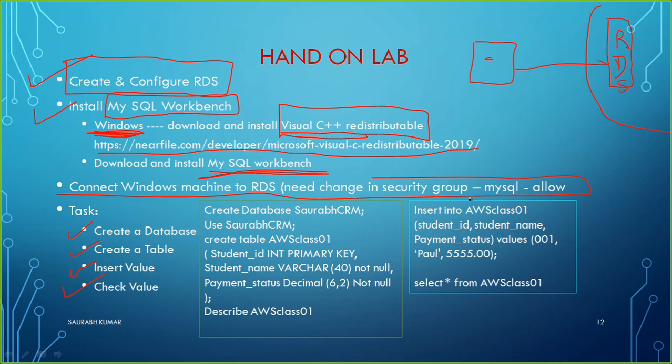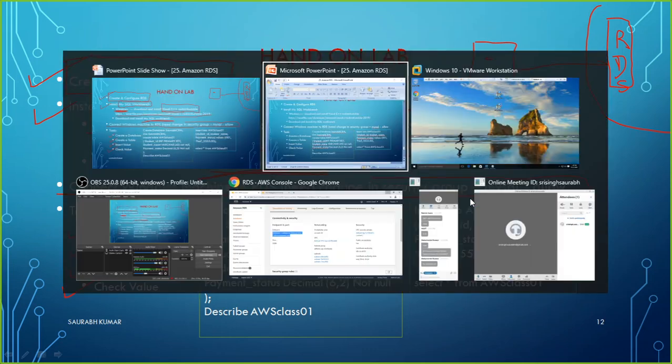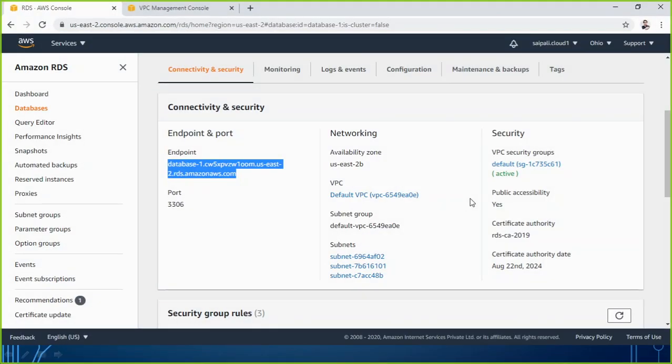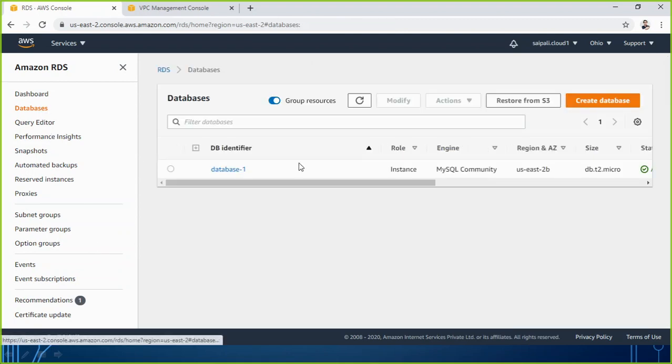Okay, so before we finish the session for today, one more thing I would like to tell you: it is going to be charging a lot if you keep it running like that. So the better idea, if you are doing it just for practical and not for your company, is that before you sign out or leave your practical, go to the database and don't forget to delete it.